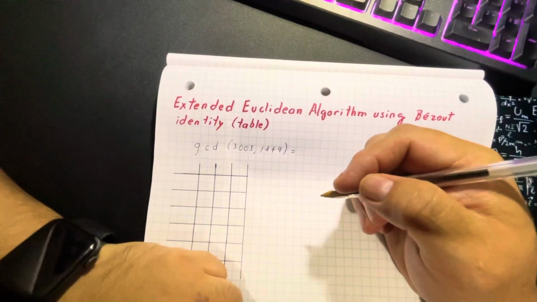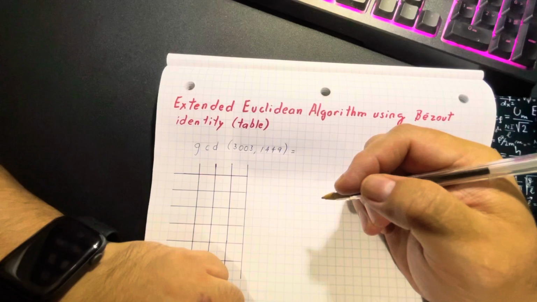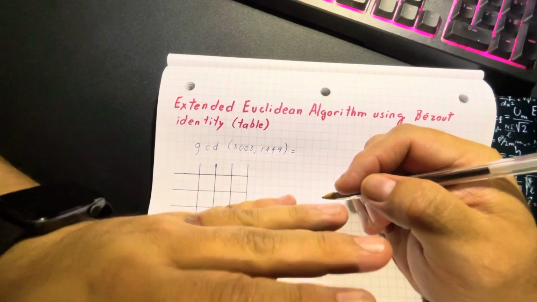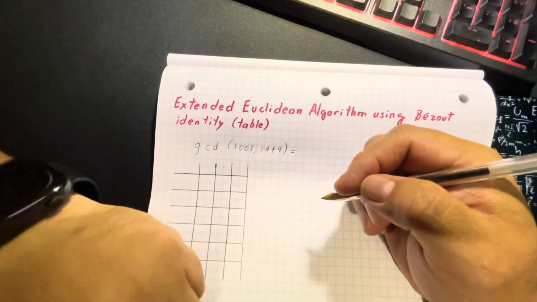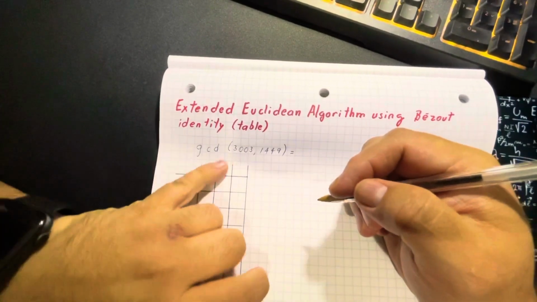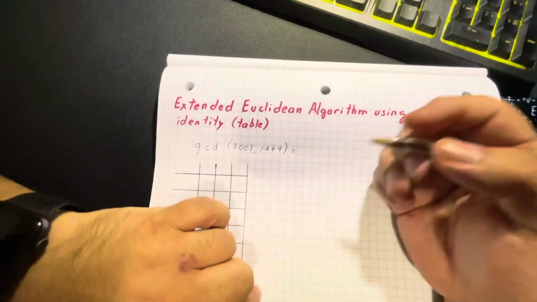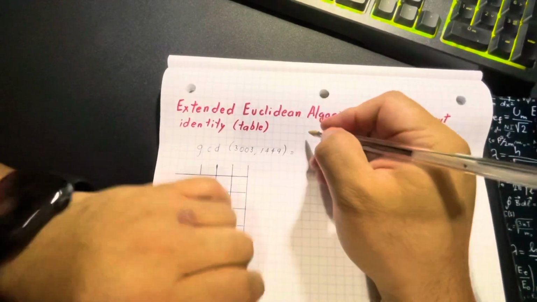I'm gonna show you a problem that we did in class, but a different approach. So I'm gonna use the extended Euclidean algorithm using the Bezout identity. Okay, the Bezout identity says that